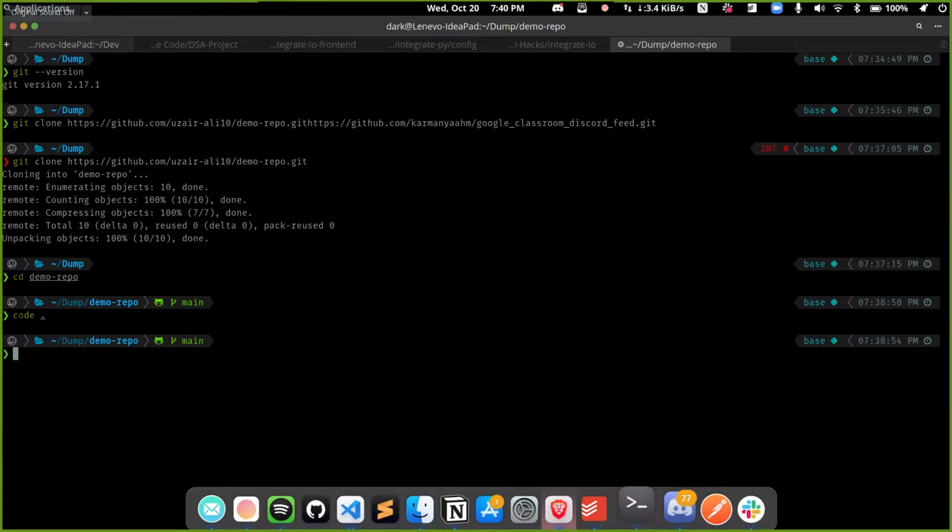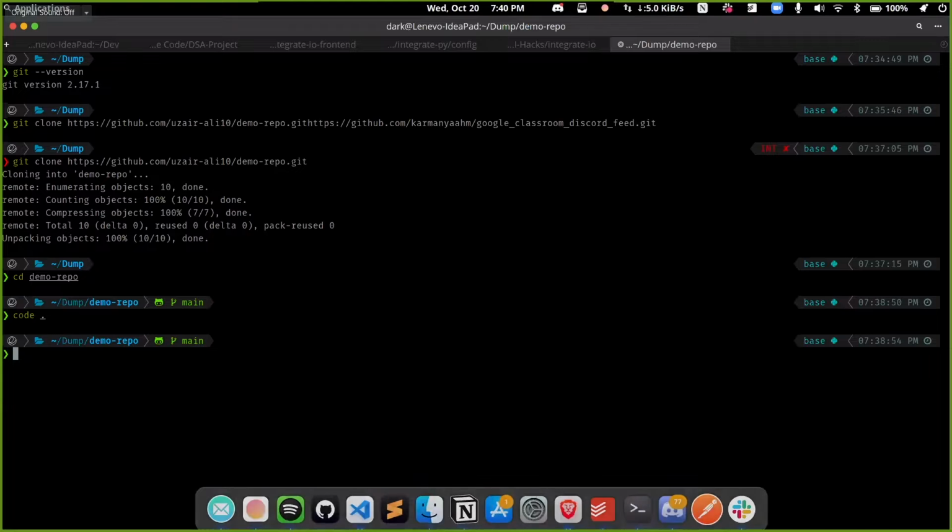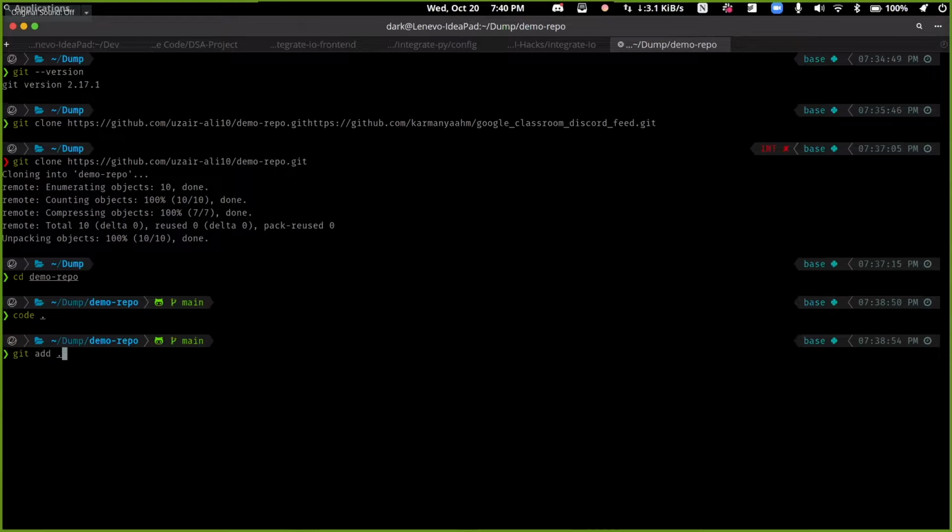Now you just have to type git add, space, and dot. Git add does something with what's called the staging area in Git, but you do not need to understand it as a beginner. You can understand it later as you proceed further in Git. This tells Git to make the changes you have made into the local repository. So you first have to do git add and then git commit -m